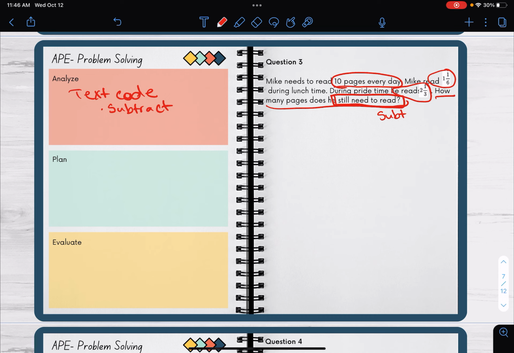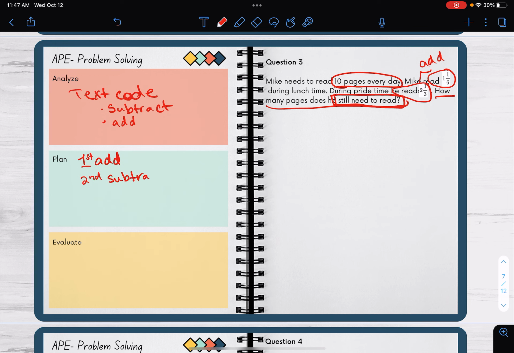All right. Then what do I need to do before I subtract? If he read 1 and 1/6 pages during lunchtime and 2 and 1/3 during prime time, what do I have to do with those two numbers? That's right, I have to add these two numbers. So am I going to subtract first or add first? That's right, first you're going to add. Then once you add, you're going to